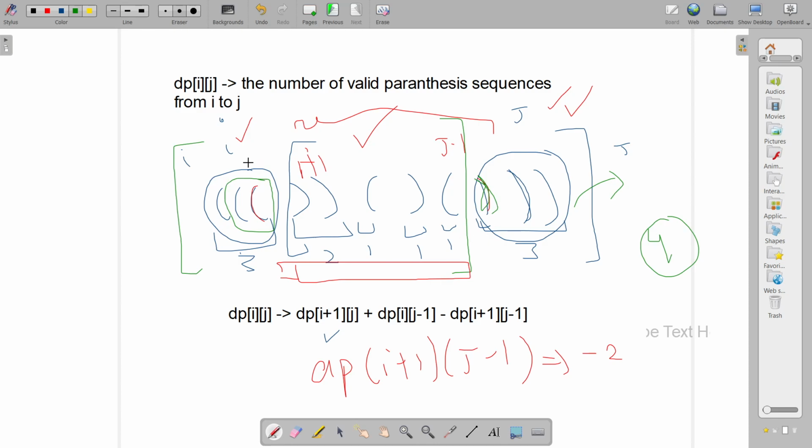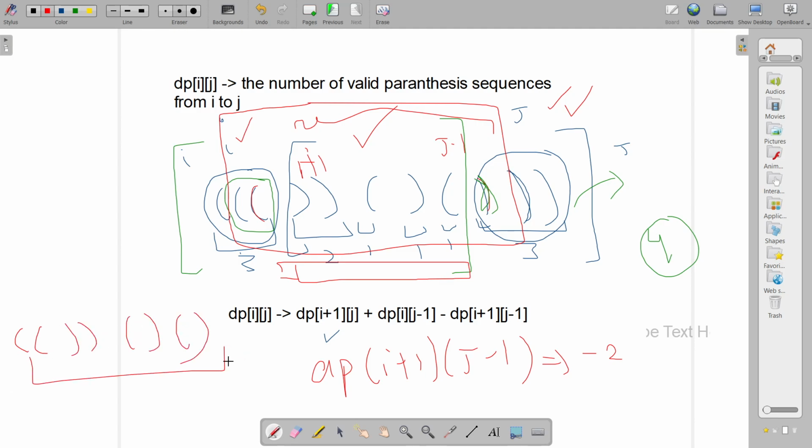That means that this range, this thing is a valid sequence. And this contains at least one element of the ith and at least one element of the jth. So dp of ij, we will add one, at least one.